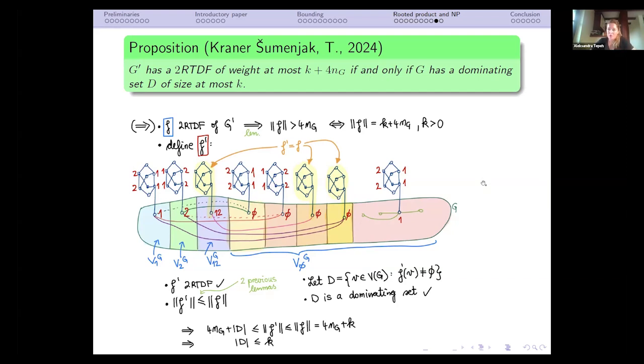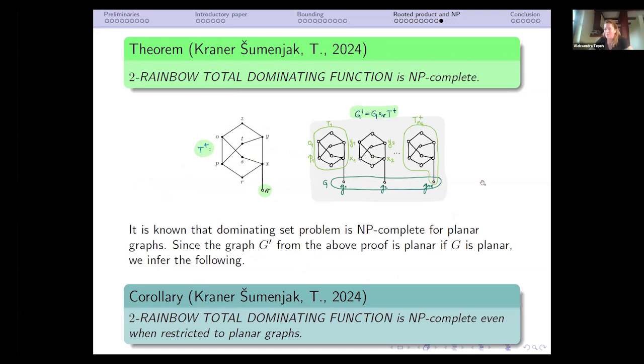To be able to show you maybe things that will be more interesting, what is still open. Anyway, these results that we just saw, with this we were then able to prove that two-rainbow total dominating function is NP complete, yeah? And if you take a look at this graph, you see that it is